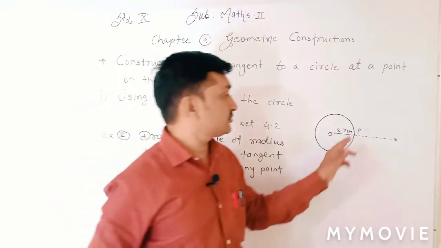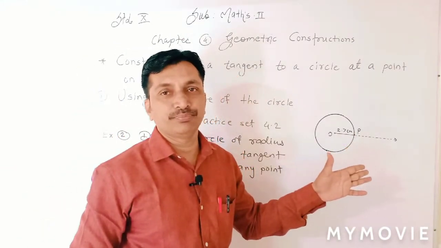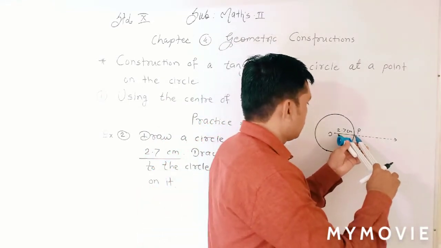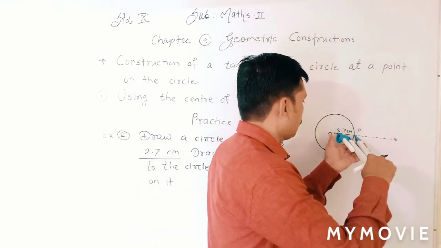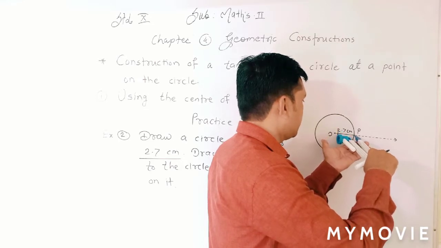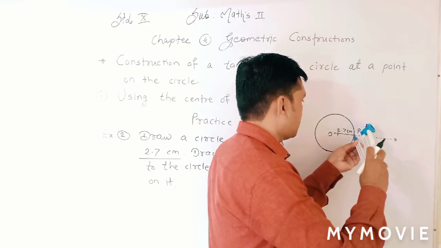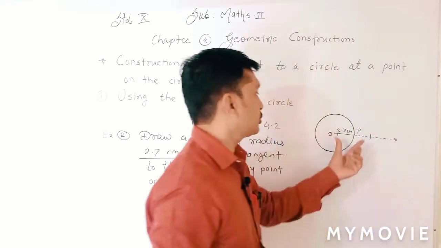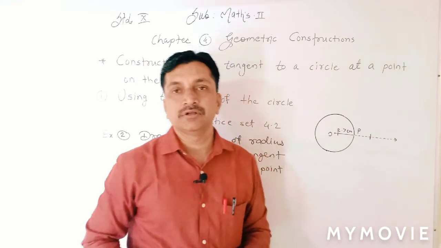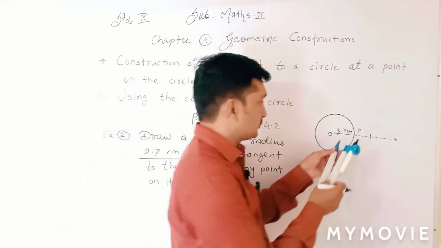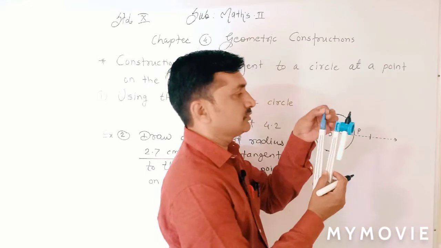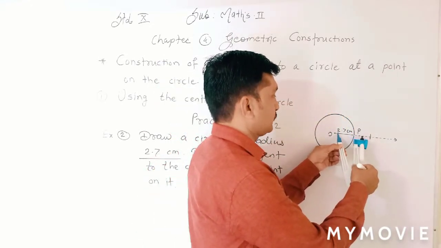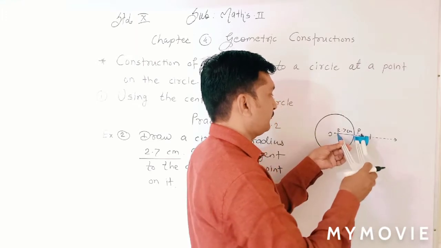We want a fixed distance to the right and left of P. Therefore use a compass. Now from P, draw one arc on the left side, at the same distance, and on this ray OP draw another arc on the right side. Now we got this fixed distance. Now change the distance. First you put the pointed end on this arc. Take more than half, more than half of the distance to P.